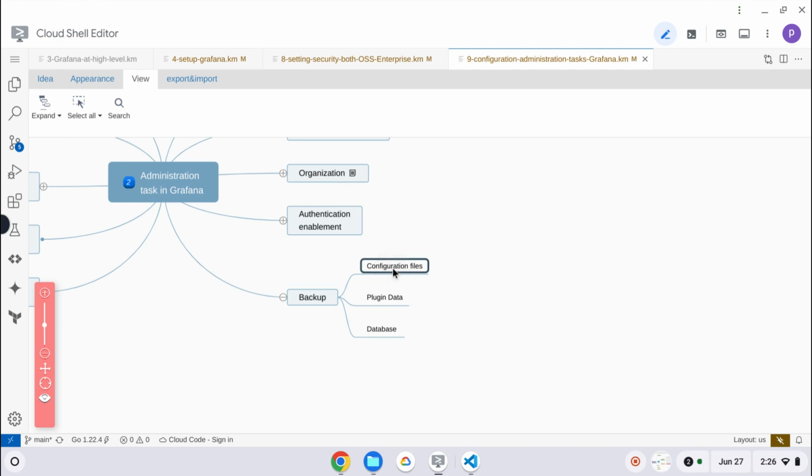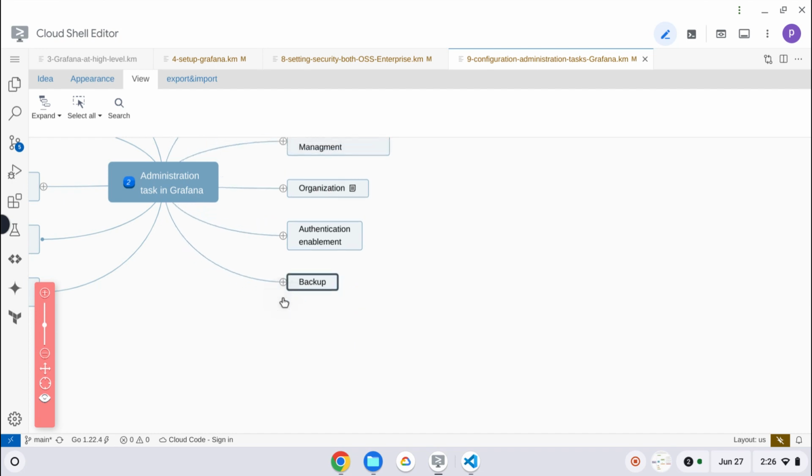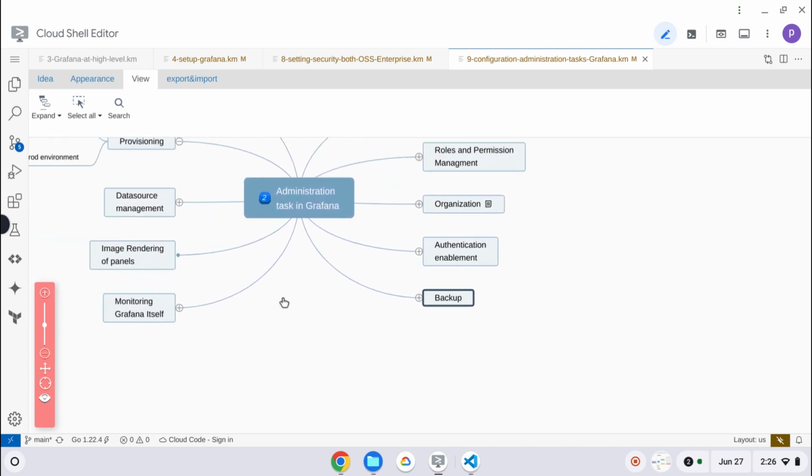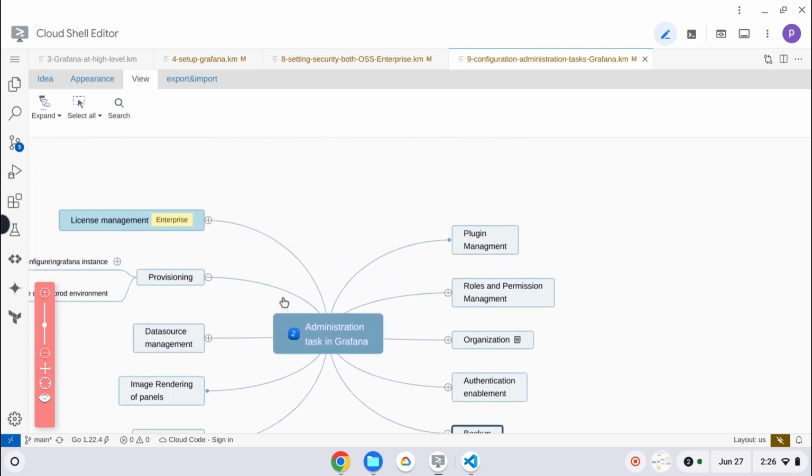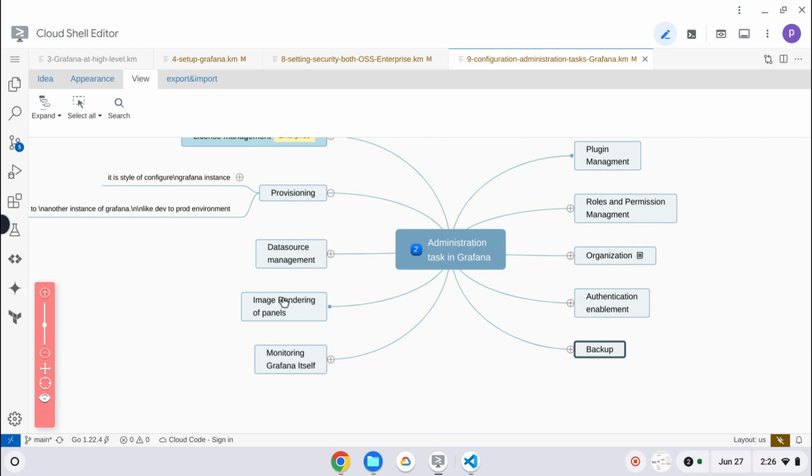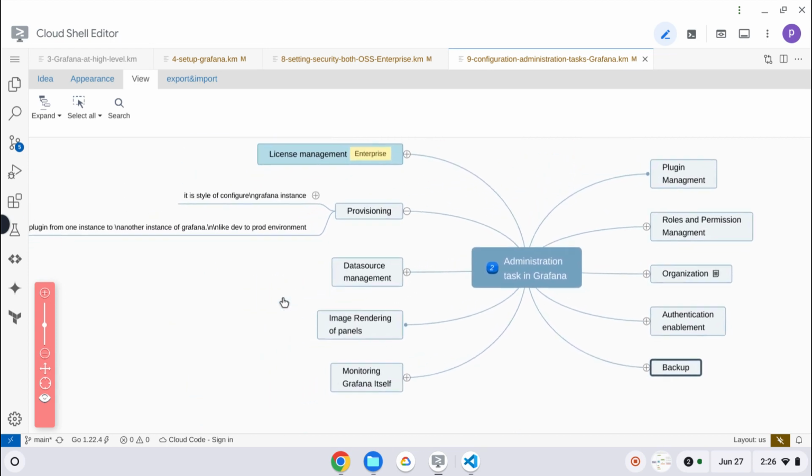So what about the grafana.ini files? Whatever files you have configured. Of course, we need to take the default files, default.ini, it's common, but also custom files or any other files we have created, in which we have configured all the things, so we have to take backup. You can do it once a month, once a week, or daily, whatever you want, based on the requirement. So these are the different sets of admin tasks that have to be done before starting development of